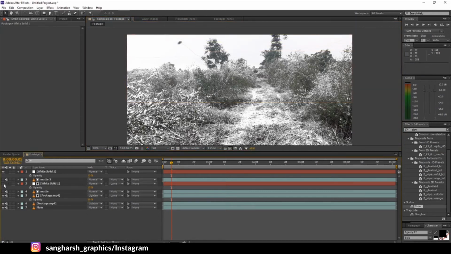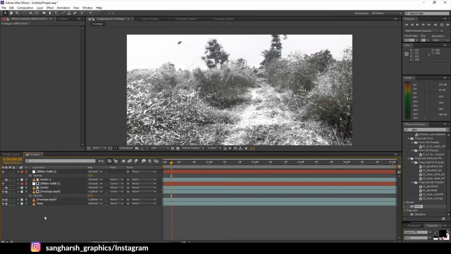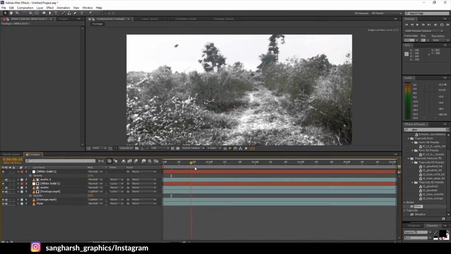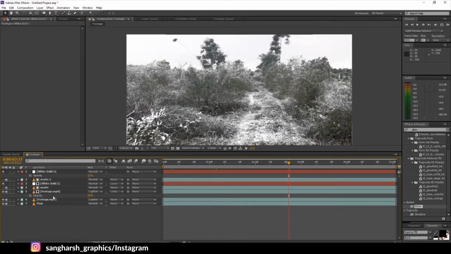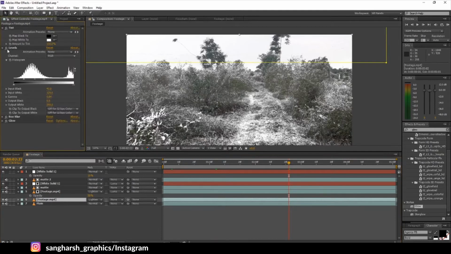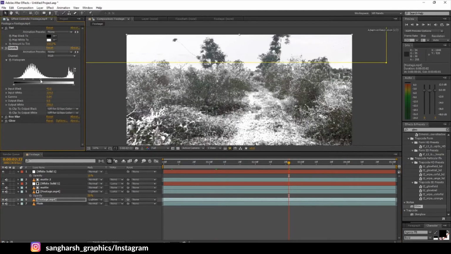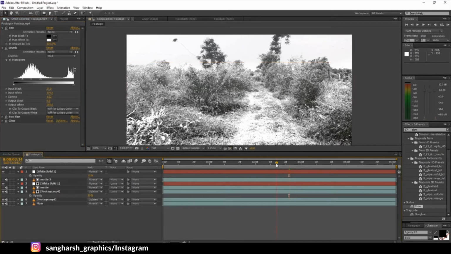As you can see, we have a haze, something like here in the background, just a little bit, and then here and on the top. Now it's looking pretty good. It has too much green now, so select the footage layer, go to levels and make it a little bit whiter, because it's looking too green. We don't need too much snow either, it's up to you. This seems perfect to me now.